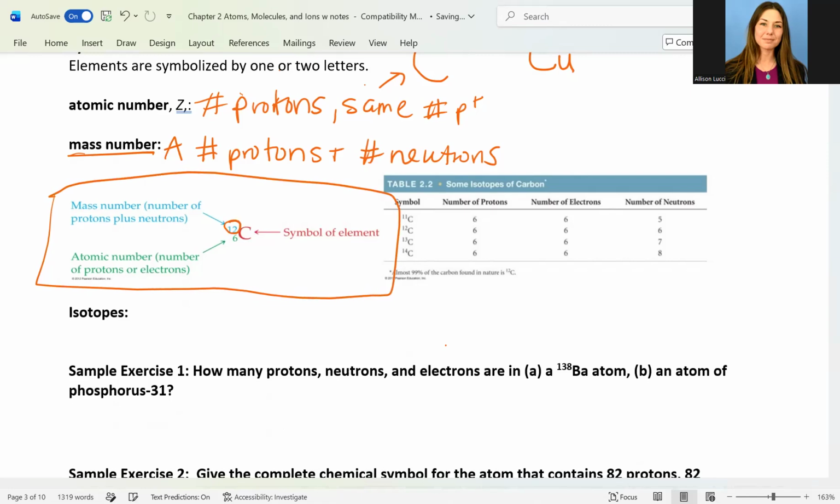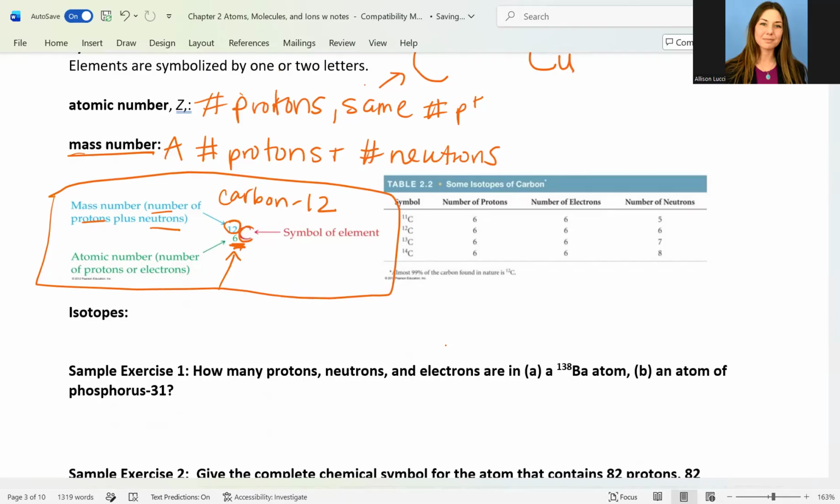So if carbon has 6 protons and 6 neutrons, we would call it the specific carbon-12 isotope here. So the atomic symbol of the element C is shown here. 12 for the mass number of both protons and neutrons,